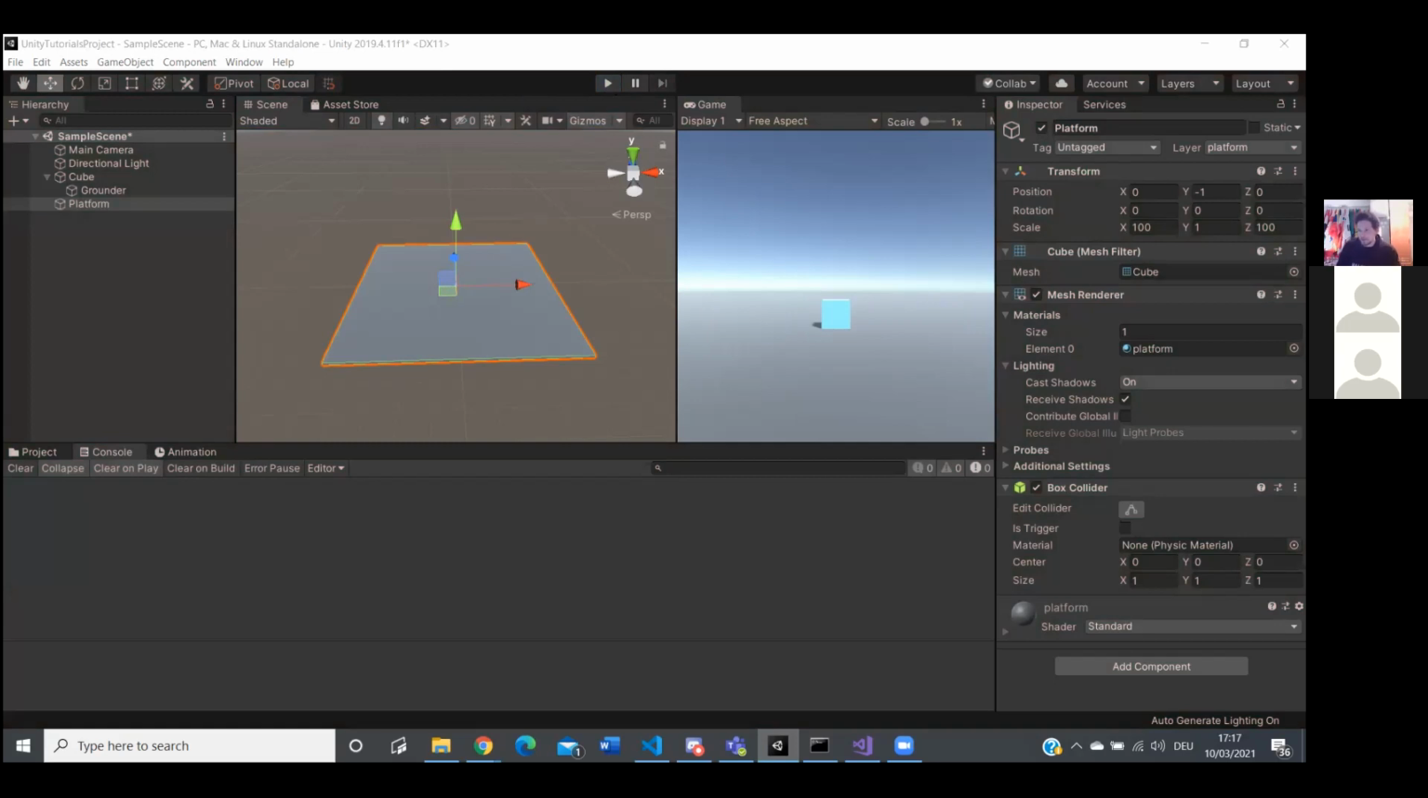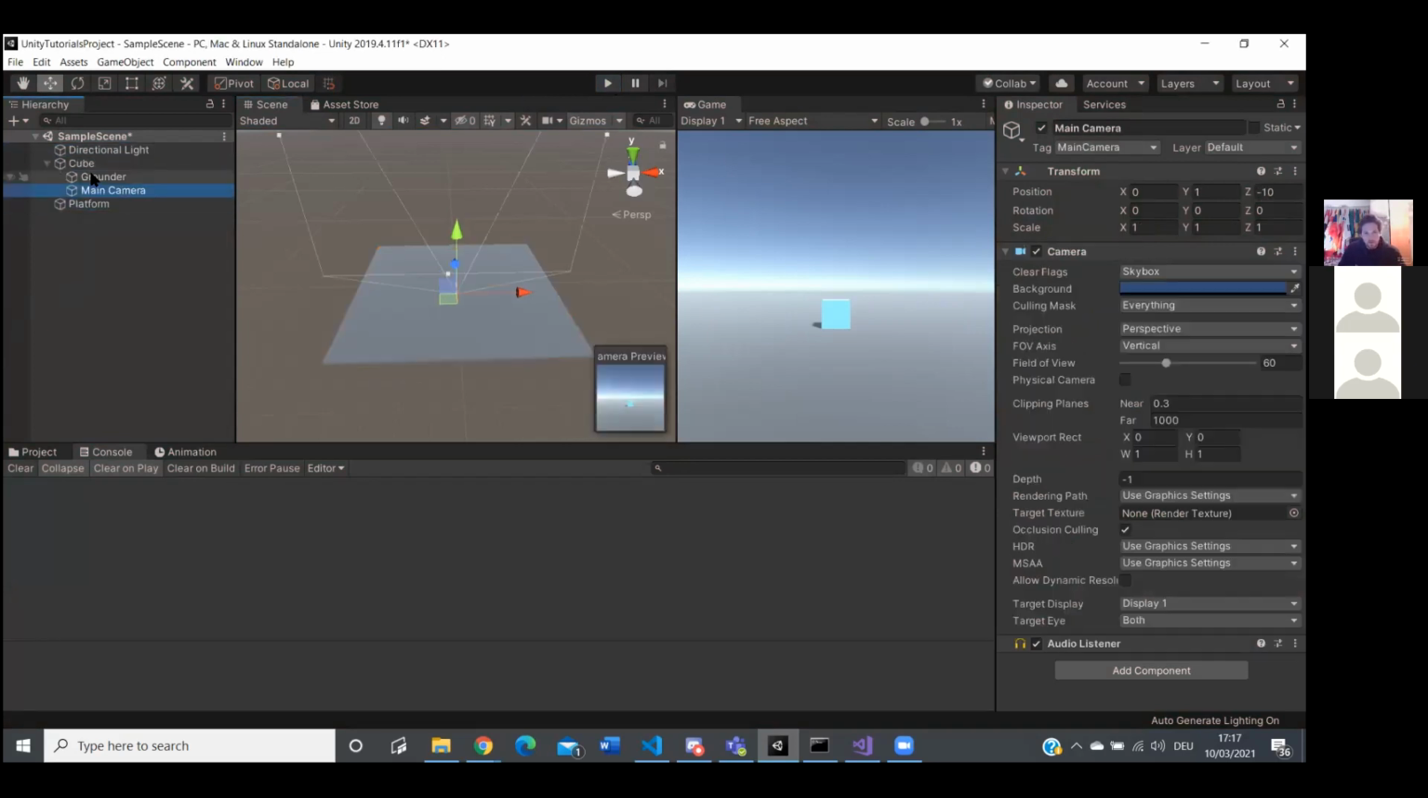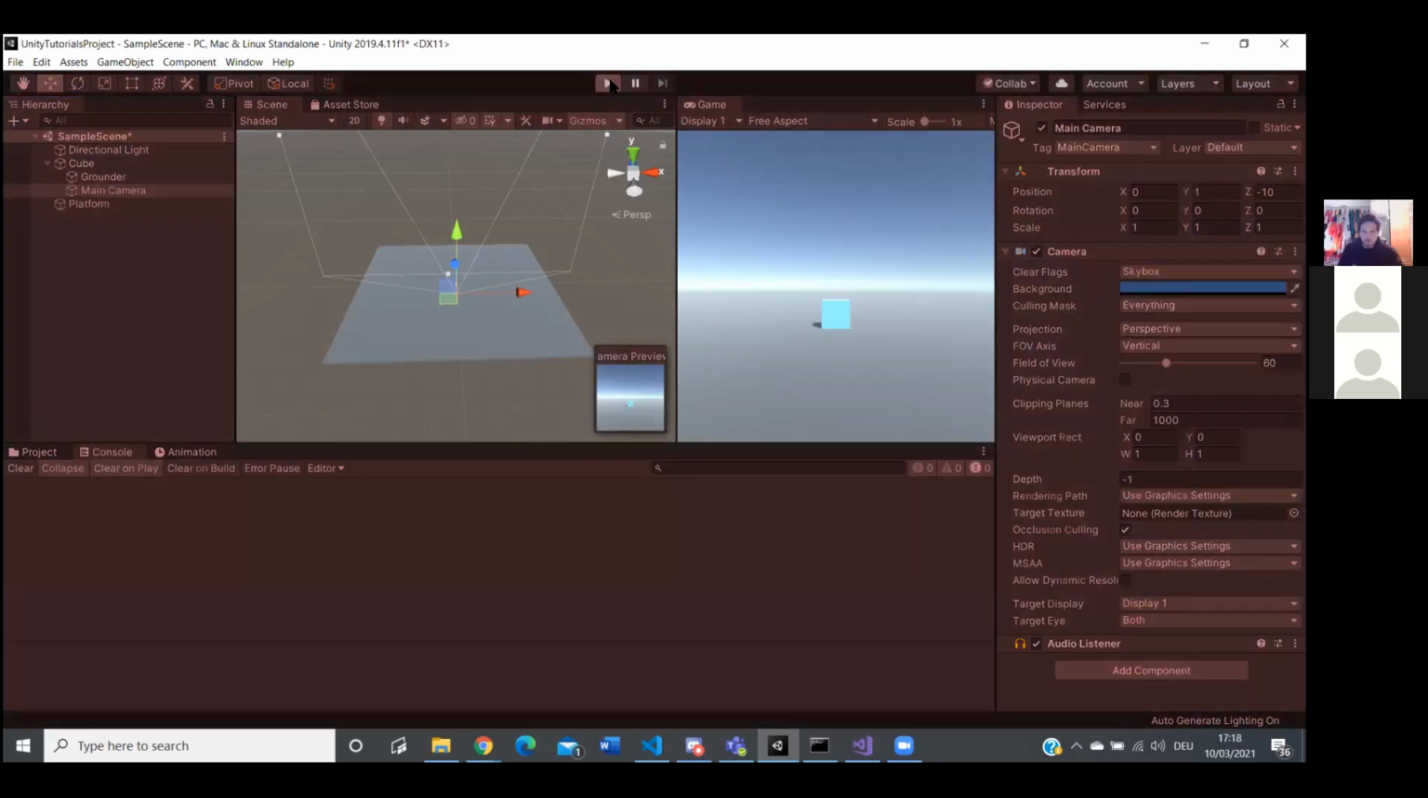The editor is very easy, and it can be done in a second. So you just grab the main camera and you just drag it into the cube. So now the main camera is a child object of the cube. So whenever the cube moves, then the camera moves as well. So if we now press play,